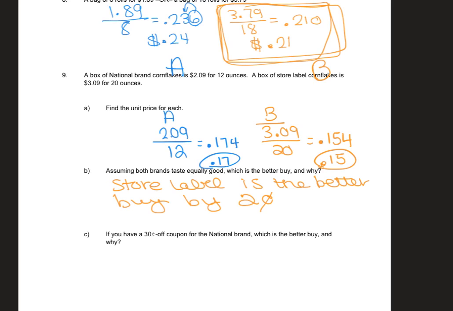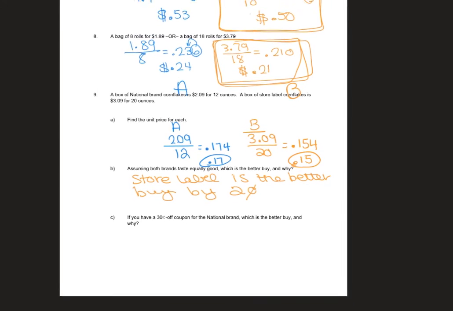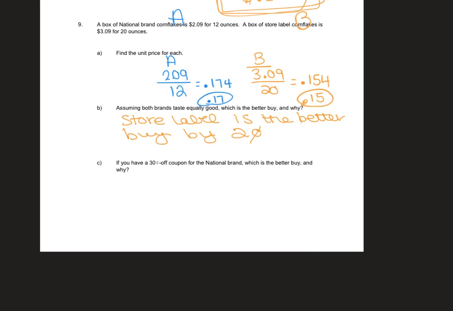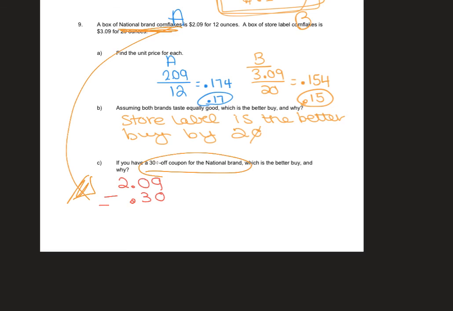Okay. Now, it says if you have a 30-cent coupon, this is where things get dicey. Which is the better buy and why? So here's what we have to do. So 30 cents off the national brand. So national brand was A. See up here, national brand. Okay. So what we have to do is we have to say, okay, well, national brand was $2.09, but we're taking off a 30-cent coupon. So that's going to be